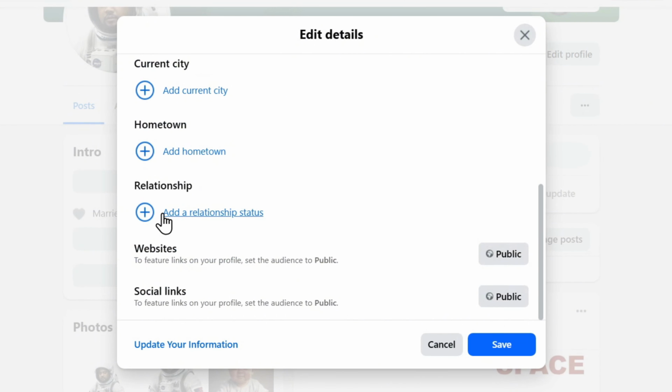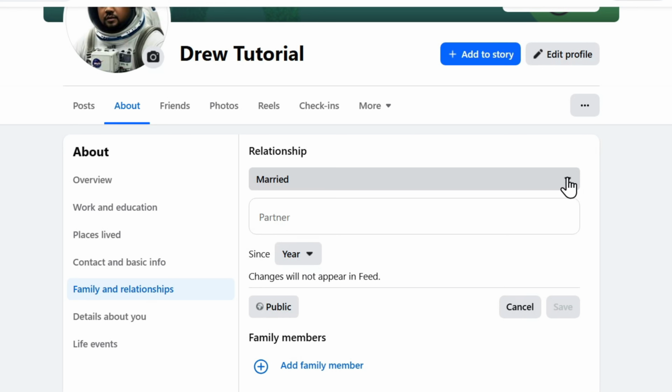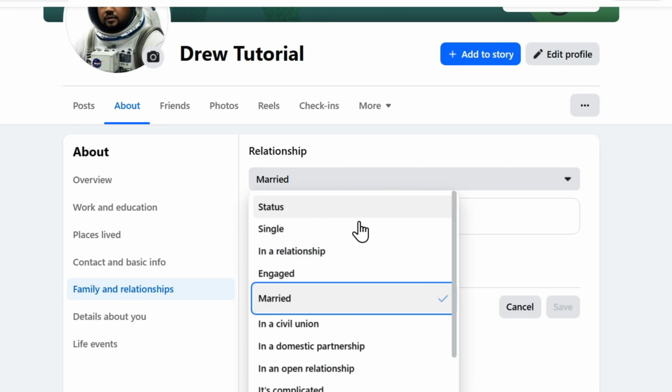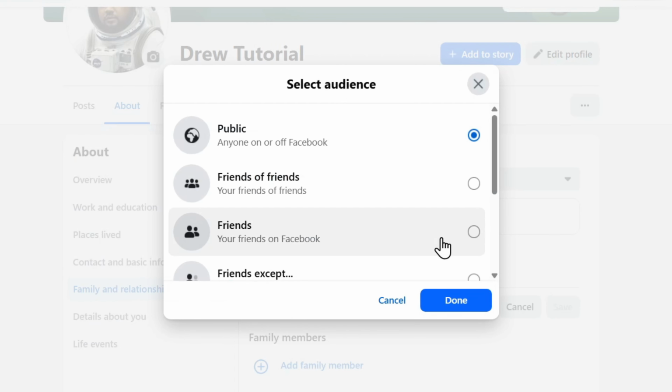Now you'll find a relationship. You can go ahead and click on that. It's going to open up the section for relationship. And if you want to remove your relationship, simply click on the pencil icon and you can go ahead and change this to status. Or you can go ahead and choose the option to make it private,